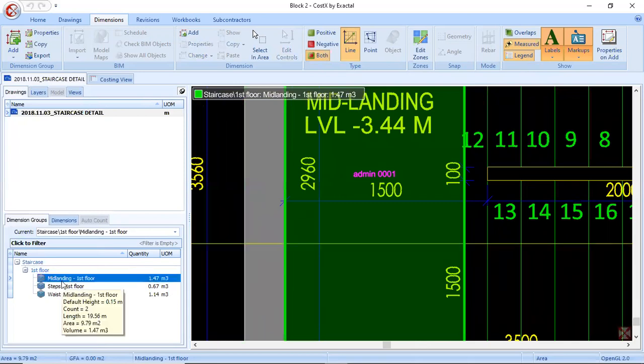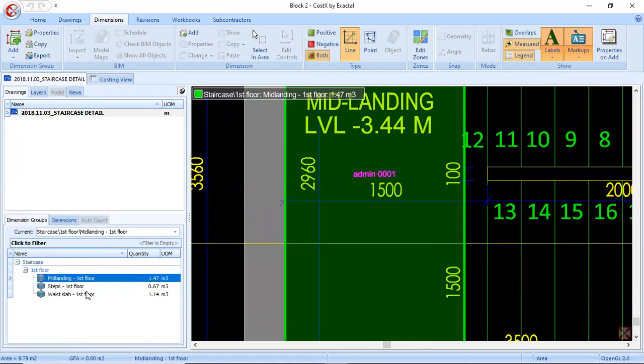So now for one floor, we have mid landing quantity, steps quantity, and waist slab. So this entire folder you can copy, or you can even continue with the same calculation.